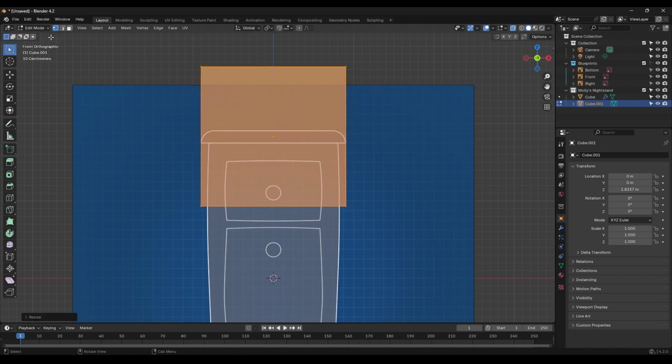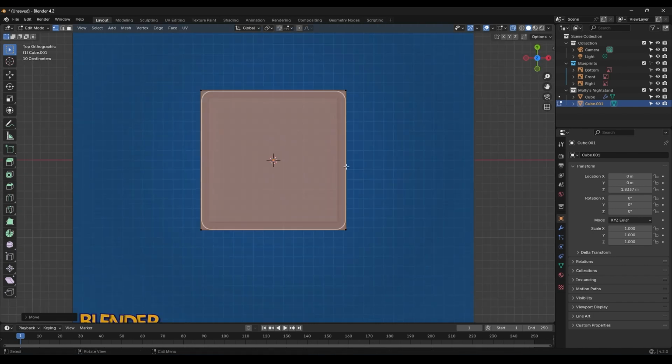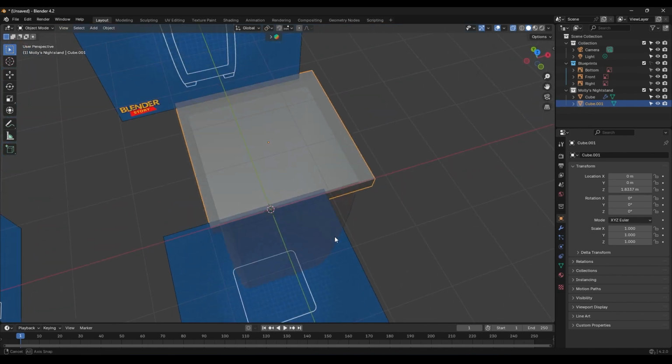Next, I'll press 1 on the number row to activate the vertex select mode and bring the top vertices down. I'll adjust the position of the bottom vertices as well. In the top view, you can see that it also matches with the reference. The only thing left is to soften the edges, which we'll do later using the bevel tool. So for now, this part is done. Now I'll press Tab to go back to the object mode, switch to front view, and let's start working on